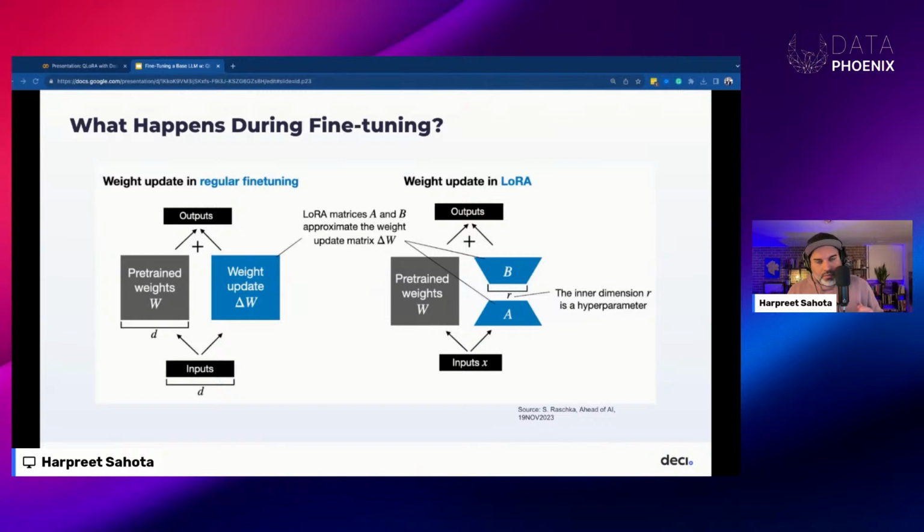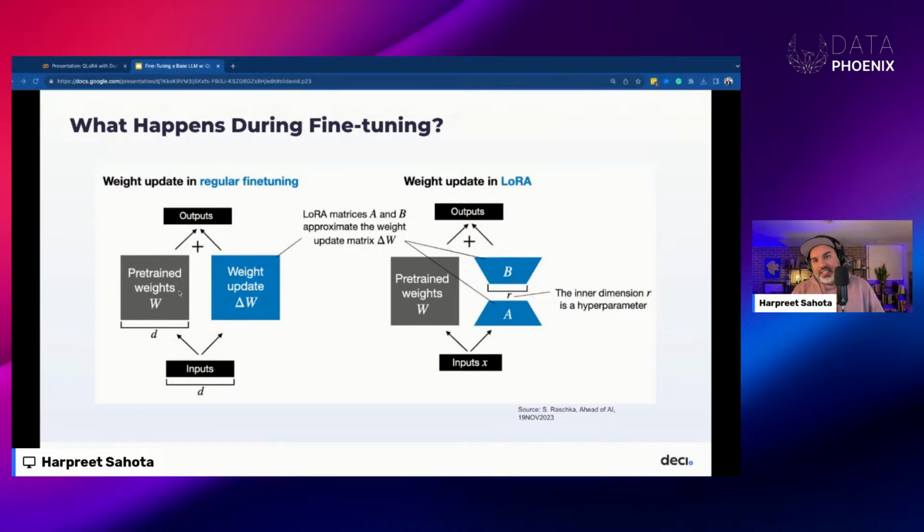So when we fine tune a large language model, we're modifying the underlying parameters of the model. Let's assume that we have a 7 billion parameter large language model that is represented by this weight matrix W here. During backpropagation, we're actually learning this weight update matrix, delta W. Delta W just contains information on how much we want to update the original weights so that we're minimizing some loss function during training.